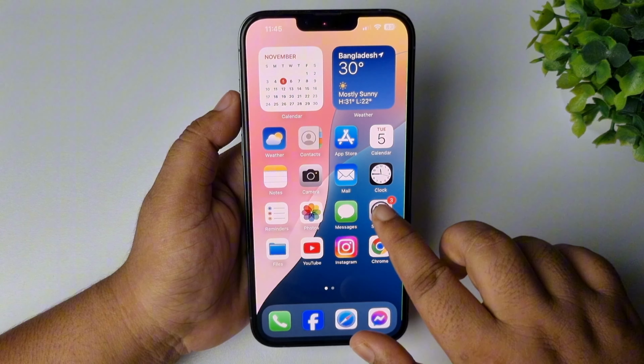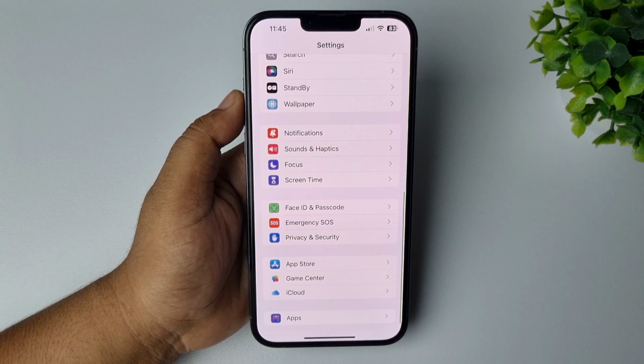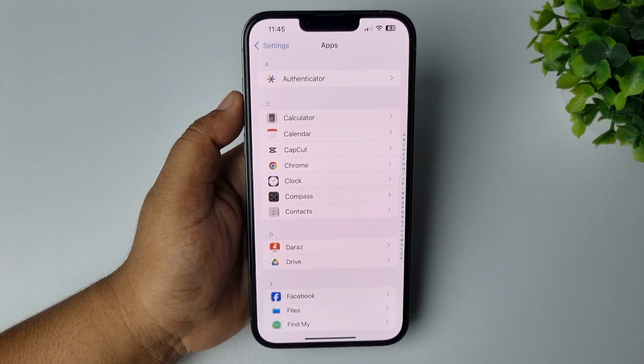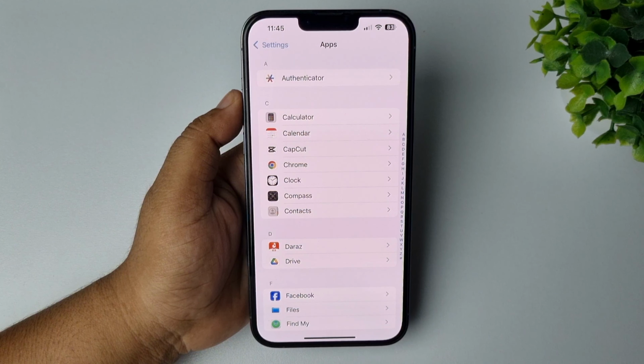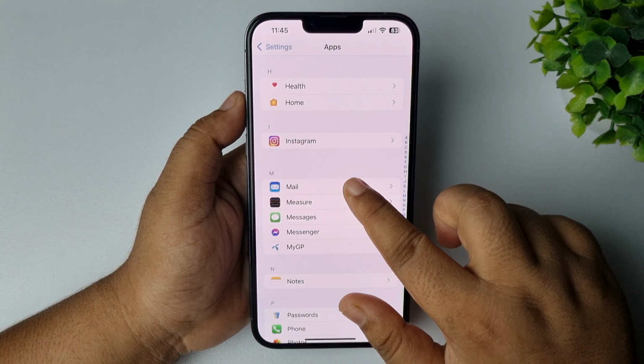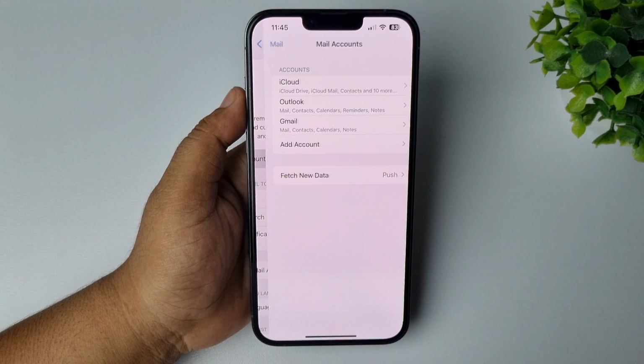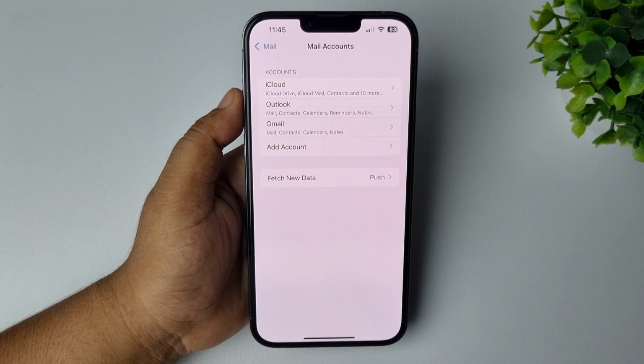Go ahead and launch the Settings app on your iPhone. Scroll down, tap on Apps. Once you are in your iPhone app list, here you have to scroll down and tap on Mail and tap on Mail Accounts. To add a new mail account, tap on Add Account